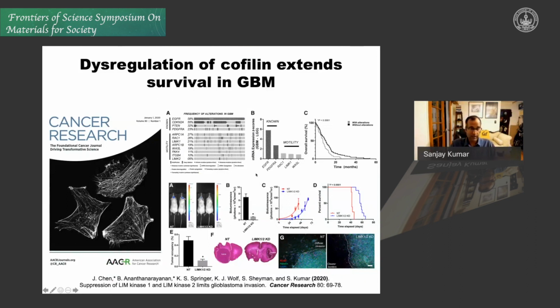in human patient-derived glioma cells, characterized them in vitro, as well as implanted them into immunocompromised mice to look at progression in vivo. And indeed, we find that suppression of LIM kinase reduces tumor growth, both in vitro as well as in vivo. And so you have smaller tumors, they're less infiltrative, and this translates, much like the Rho experiment I showed you earlier, into an extension of survival. And you can really see the difference in terms of the diffusiveness of the invasion when you look at tissue